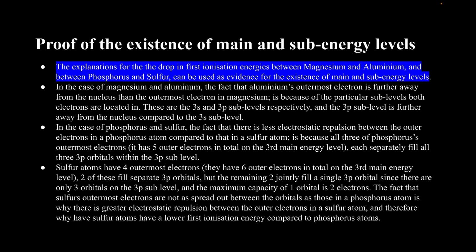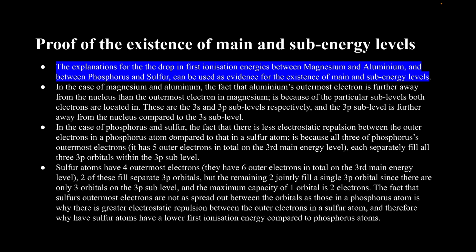So as we said before, the outermost electron of aluminium is higher in energy compared to the outermost electron of magnesium. So aluminium's outermost electron therefore experiences weaker electrostatic attraction compared to magnesium's outermost electron. So aluminium's outermost electron therefore requires less energy to remove because you need less energy to overcome weaker electrostatic forces of attraction. In the case of phosphorus and sulfur, the fact that there is less electrostatic repulsion between the outer